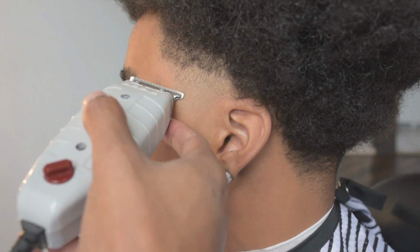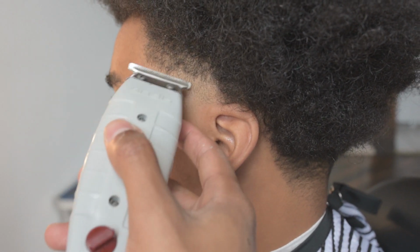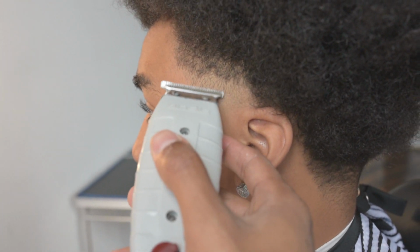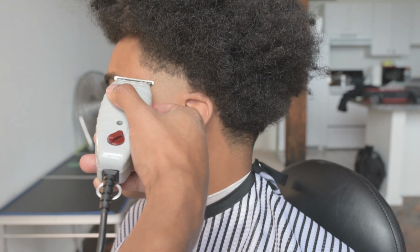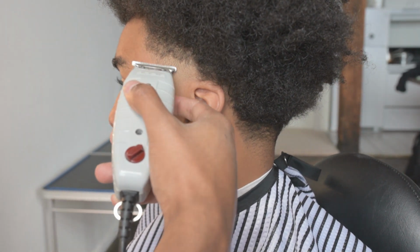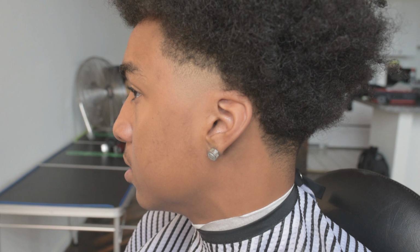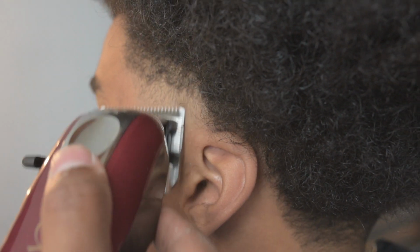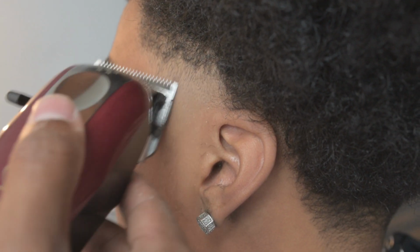Clean up the excess hair, get rid of that line, same way you put it in with the T outliners. I'm not digging, I'm just using the corner of the blade. Always use the corner of the blade when you're getting rid of a line. Good blend. Just doing some touch-up work, making sure that that fade is perfect before I move on to the